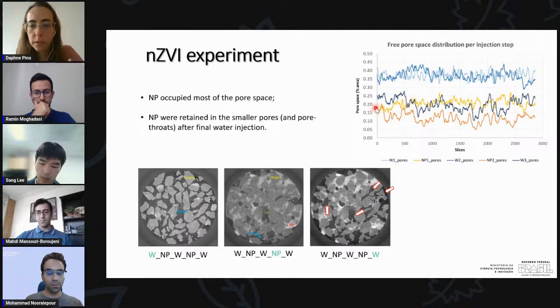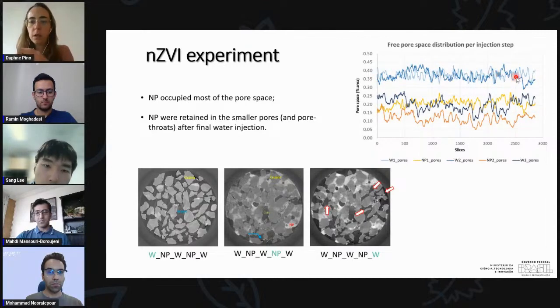So we lowered our porosity to between 15 and 20% through our sample. This is kind of what we were expecting, and we're happy because the nanoparticles were actually filling the pores. That's what you want when injecting in the field to react with a contaminant. Then we injected water again to wash away those nanoparticles, and we succeeded because this is what you see here in this medium blue. We basically recovered all our porosity, so we were able to wash most of those nanoparticles away.